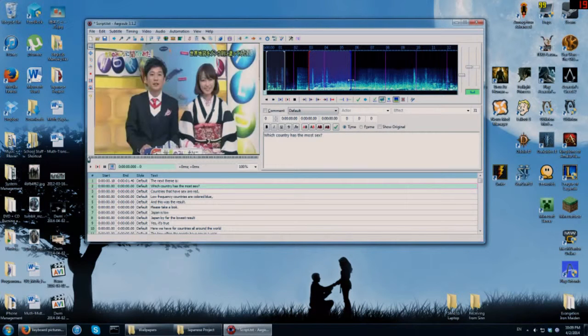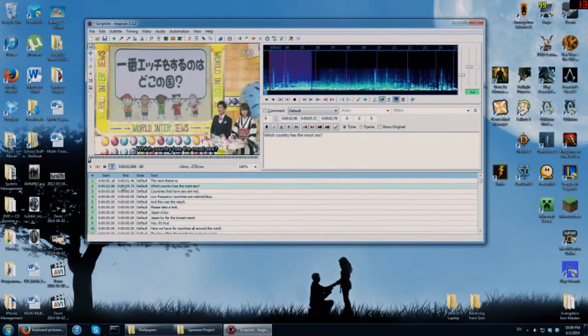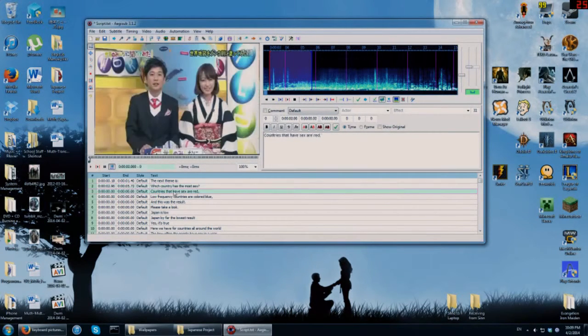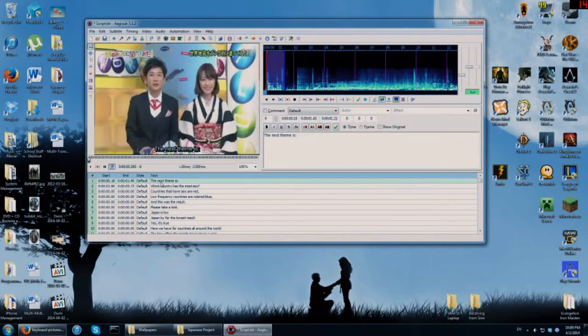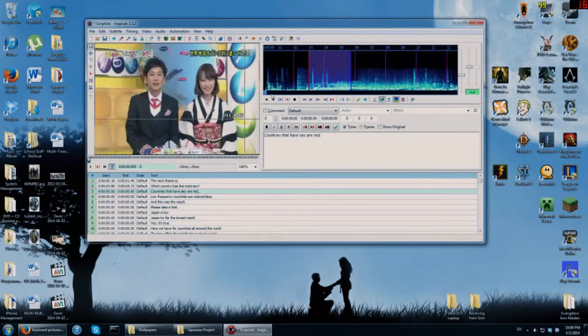I'm going to press F to move forward a little bit now. That's about it, so the next one's going to be right here. And I found the right spot for this. I'm going to press G. Again, it saves the times right here. And then it moves, so then I can double click. If you accidentally click back here, if you double click each one, it's going to show you up here where you selected the subtitle. Double click that, it shows you right here. Double click this next one,